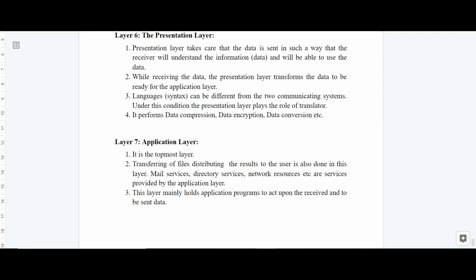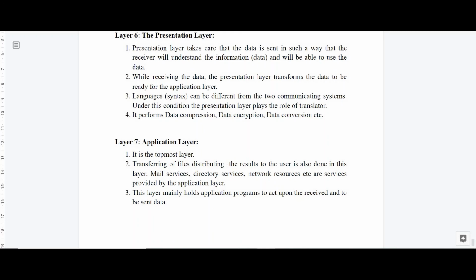Mail service, directory service, network resources, etc. are services provided by the application layer. This layer mainly holds application programs to act upon the received and to-be-sent data. When you are browsing in the browser, that is also the application layer. When you are sending a file, checking a password, or logging in, all that comes under the application layer. So these are the functions of the OSI layers.